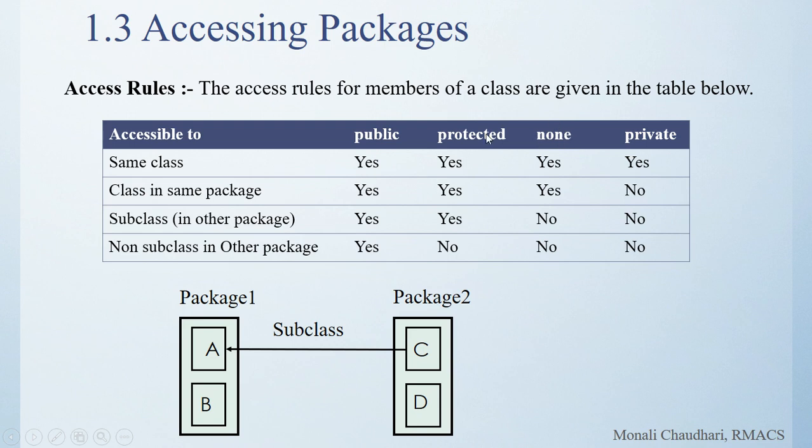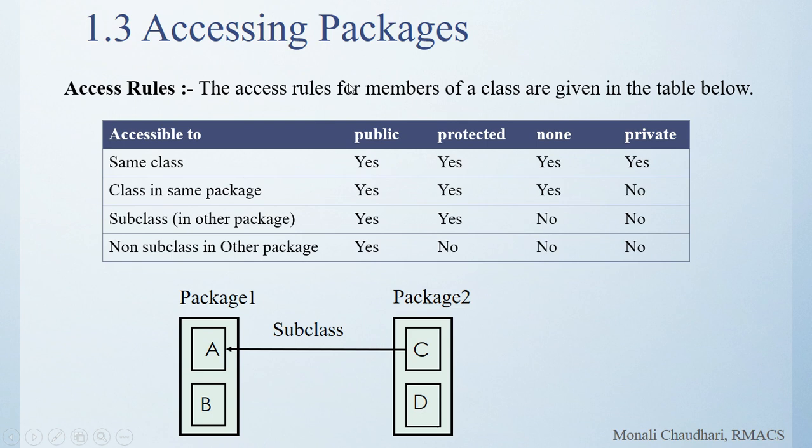When we specify protected, it can be accessed in the same package as well as in the subclass. Now for example, package 1 has class A, class B, class C and class D. If we give class A as public, it can be accessed by A, B, C, D all. If we give A as protected, it can be accessed by class B and class C. If we give it as default, it can be accessed only by B. And if we give it as private, it cannot be accessed by B, C and D.